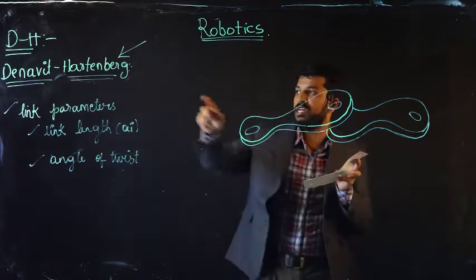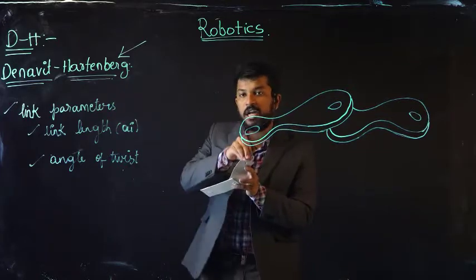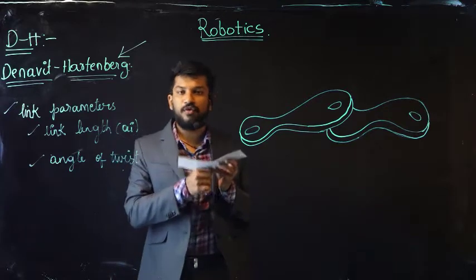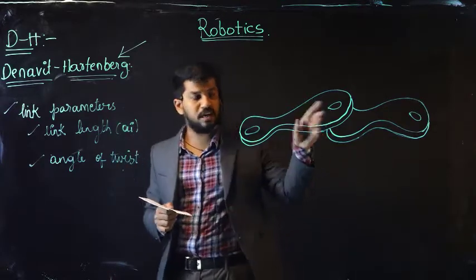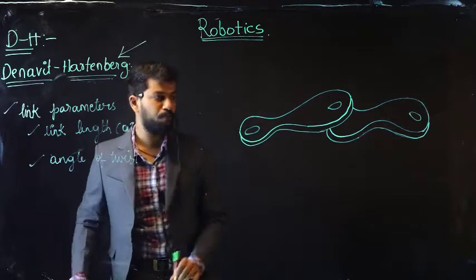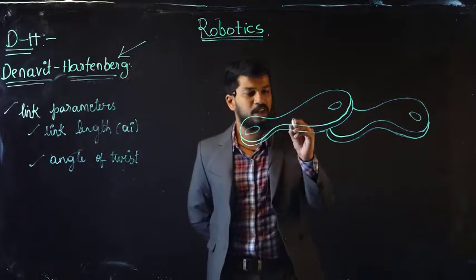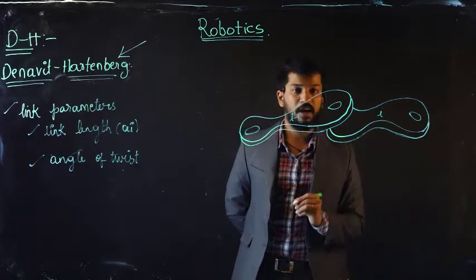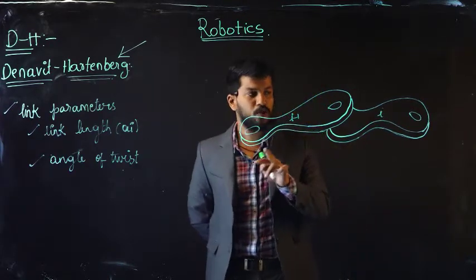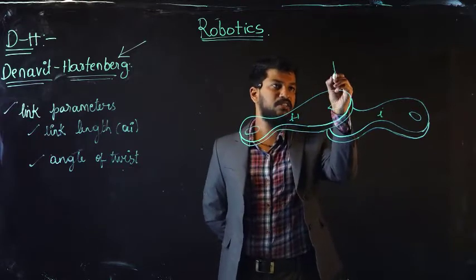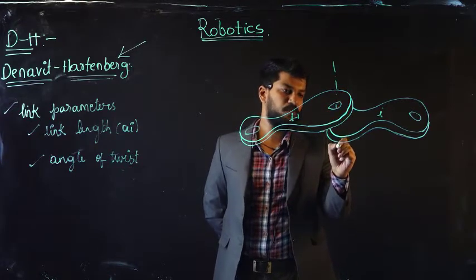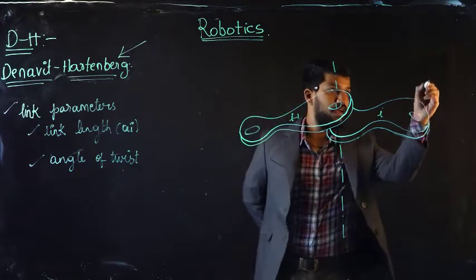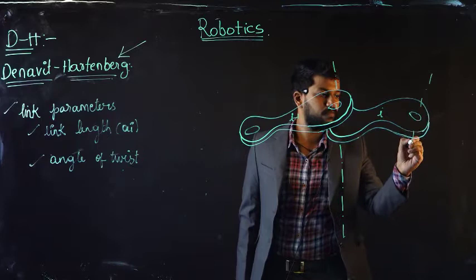For that, we utilize Denavit-Hartenberg to calculate the position and orientation of the end effector of any such robotic arm, with the generalized approach which I am going to mention now. So these are the two links which I am considering now. Let this particular link be i-1 and i. After that, we need to identify the axes. Let this axis look like this one. Again, this particular axis.